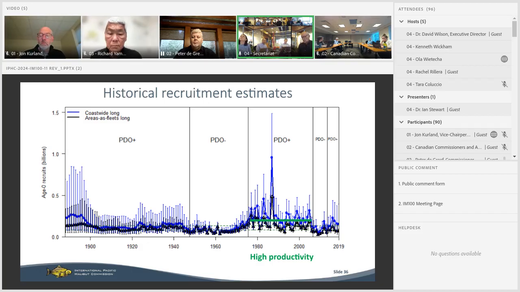So you can see that what we're calling a decent or an important year class now would have only been average, wouldn't have stood out at all over the last several decades before that regime change in the early 2000s. And you really have to go all the way back into the 1950s or 60s to get to a prolonged period of recruitment where we saw years in a row of recruitment that were this low. So what this means for the stock is that we are just in a much lower productivity regime now.